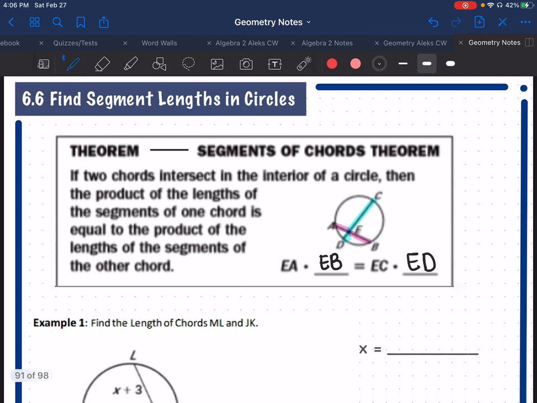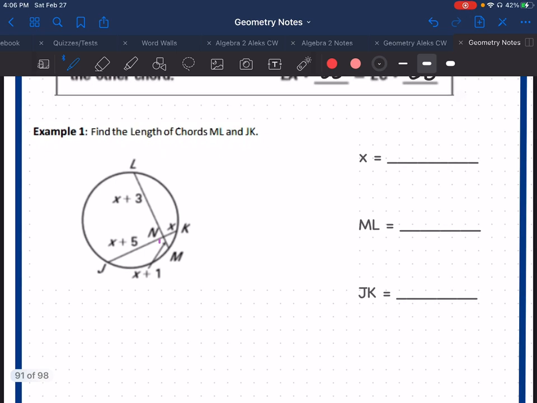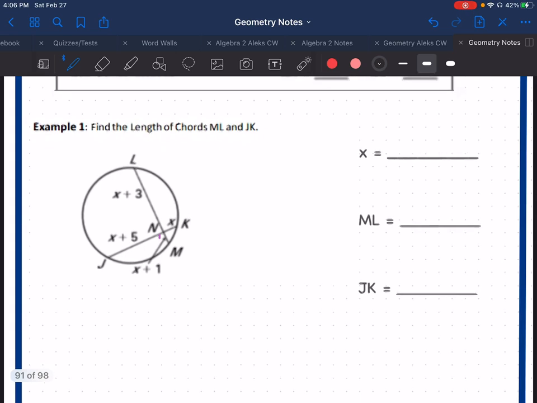Let's give this a try. Find the lengths of chords ML and JK. So first we need to find X. I'm going to highlight the pieces of my two chords. There's a piece and there's a piece, and there's the pink piece and the pink piece. I'm going to set it up. I'm going to multiply JK, which is my blue,